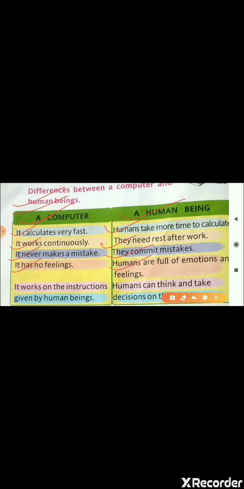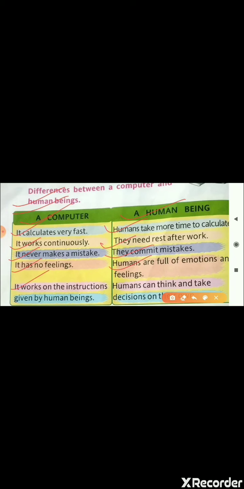Now next, it works on instructions given by human beings. Yes, this is the important point. Students, whatever instruction I give to the computer, only that the computer does. Suppose I want to draw, so I give the instruction of drawing to the computer. That means I use the mouse, I open the Paint program, and then I start drawing with the help of the mouse by using my own hand.